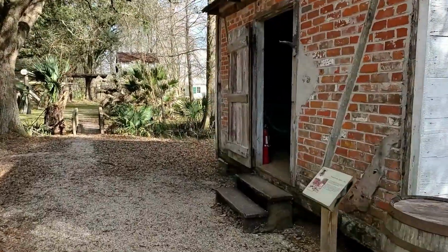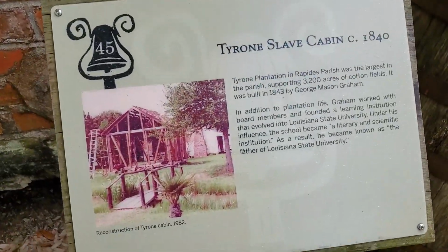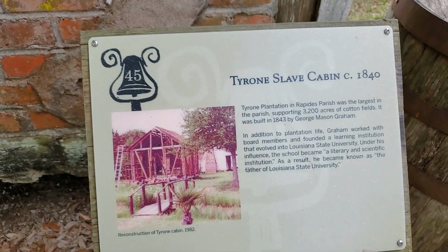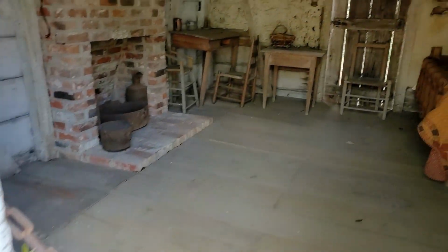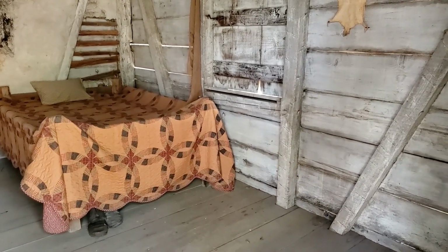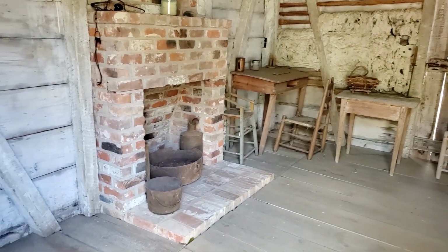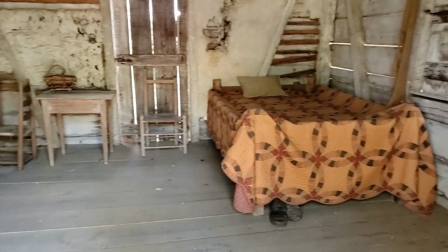Oh, not a slave cabin. Oh, it is a slave cabin. Okay, 1840. Man. Built in 1843. This one's a little bit more elaborate. A little bit more, not by much, but the bed's nicer. Little desk over there for hopefully schoolwork and education, that they're educated. Well, you know, it's doubtful a lot of the time, but